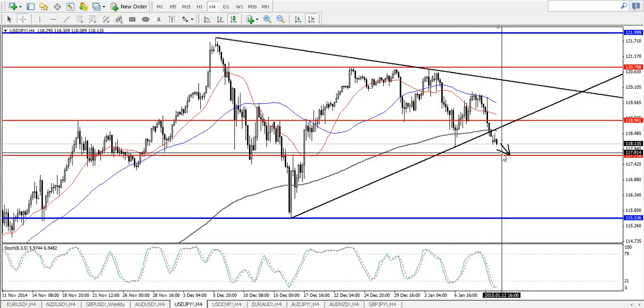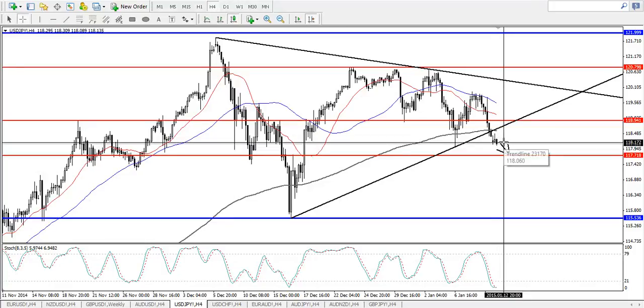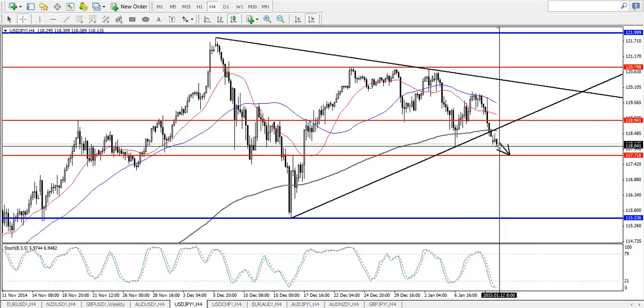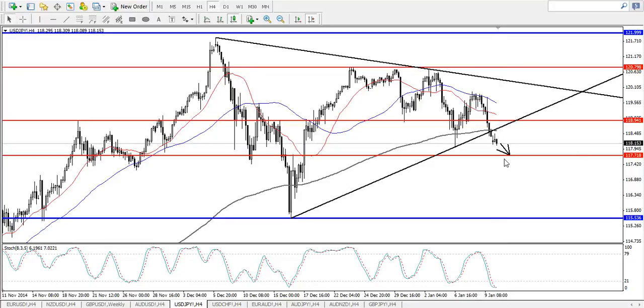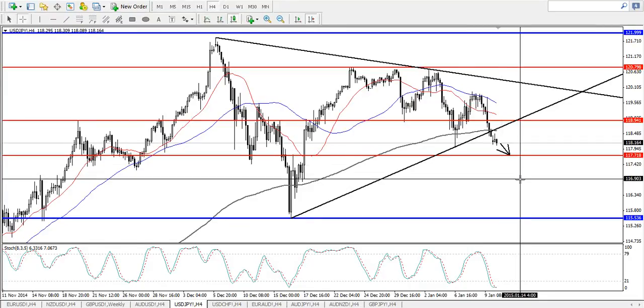Price has broken below the 200 moving average, at the same time breaking below the bottom of the symmetrical triangle. Therefore, we are expecting price to fall a little further. And recently, oil prices have plunged again. That could have boosted demand for safe haven assets, which might help to strengthen the Japanese yen. And for the US dollar, as I have mentioned, there was a dampening in the bets for an earlier interest rate hike, so that could have weakened the US dollar by a bit, and therefore